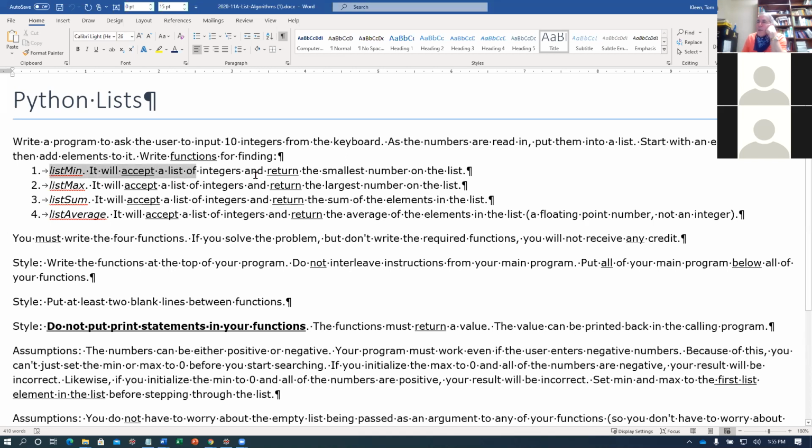The algorithm is identical. It's just that in one place you're checking to see if the number is bigger than the biggest one you've seen so far, and in another place you're checking to see if it's smaller than the smallest one you've seen so far. And this one will accept a list of integers, and it'll return the sum of all the elements on the list. And this one will accept a list of integers and return the average